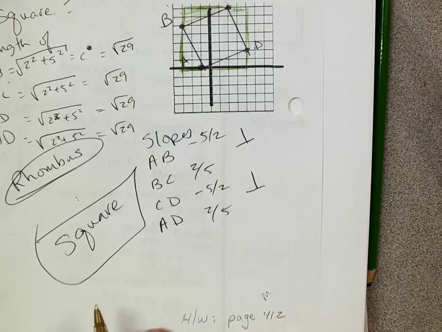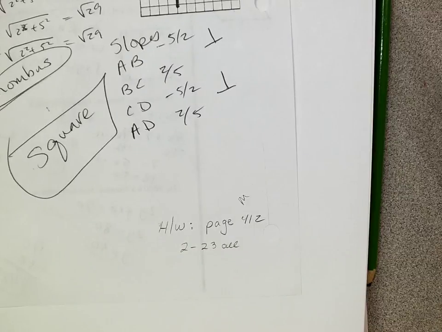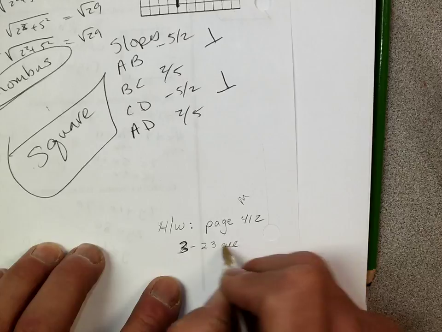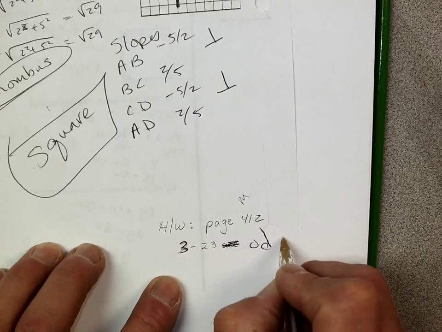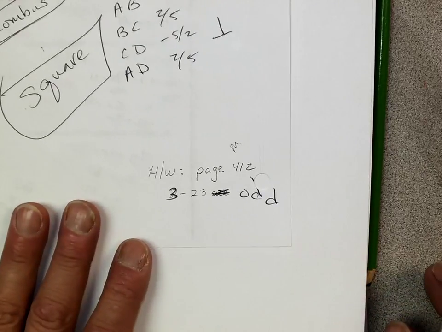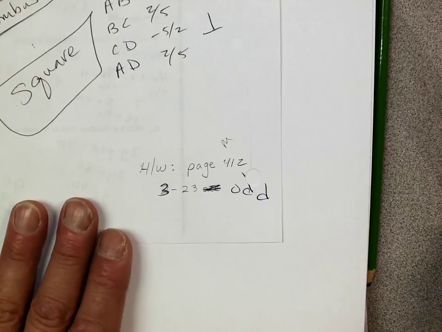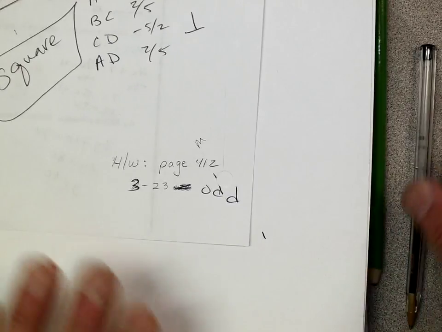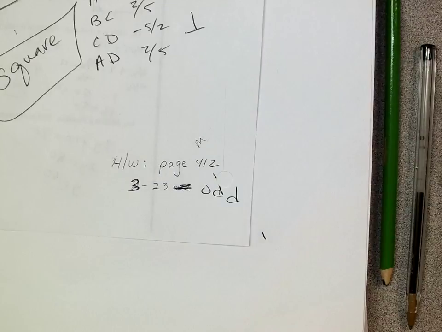Okay? All right. Now, 2 to 23 might be a lot. So let's change it to 3 to 23 odd. How's that? Does that sound better? And that's not that many problems. That might be about 11 of them, huh? Shayla's like, I can do that, Mr. Davies. I can handle that, right? Okay. Let's change it to